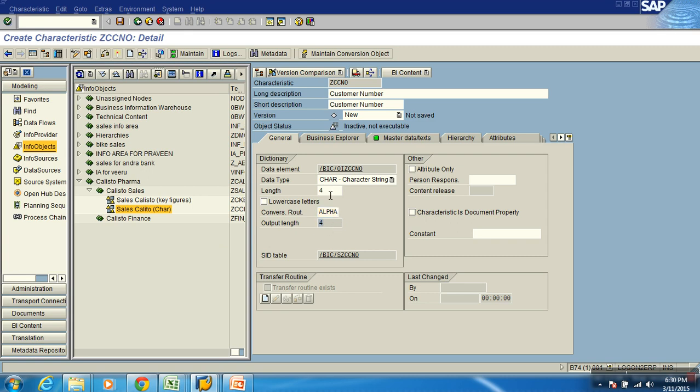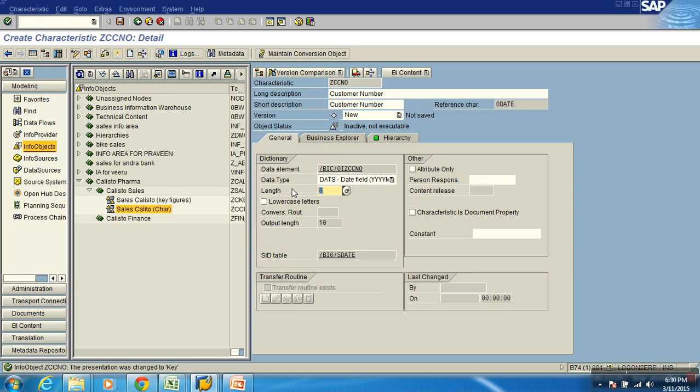Okay. Then what is this output length here? 4. Why? Because when you're storing a value of length 4, even the max output length could be 4. But in some scenarios it could change. For example, month: to store it uses 6 characters, but when displaying it is shown with a dot, right? So it becomes 7 characters.